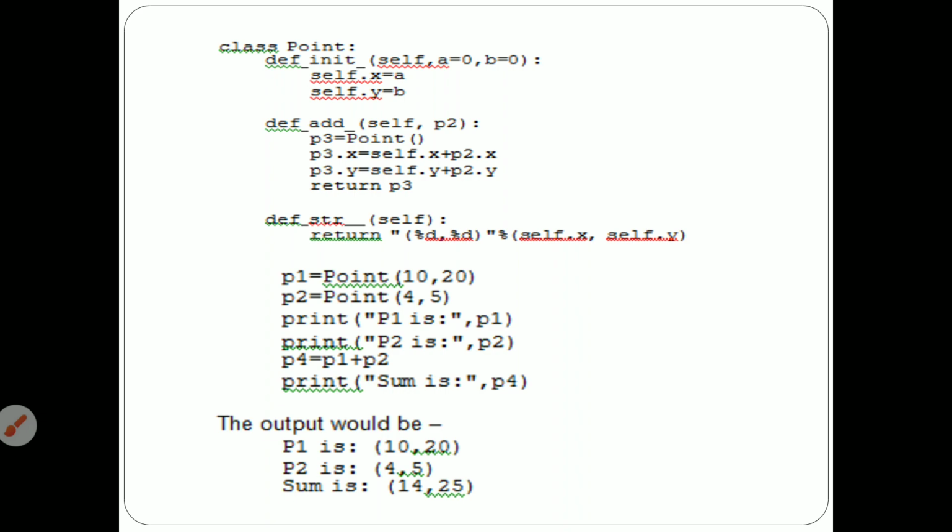And the next one is the program related to operator overloading. So this one is the same. First I am creating the class as Point. Initializing a and b, self means it is a reference, and it will automatically invoke the functions. So a and b are initialized to 0. So self dot x equal to a, self dot y equal to b, this is the same. And I'm using the add function, the add operator,